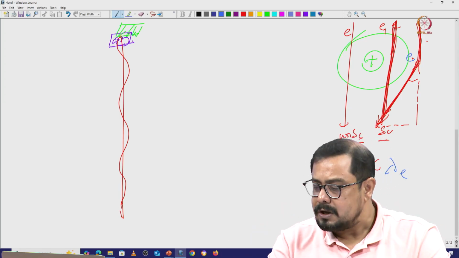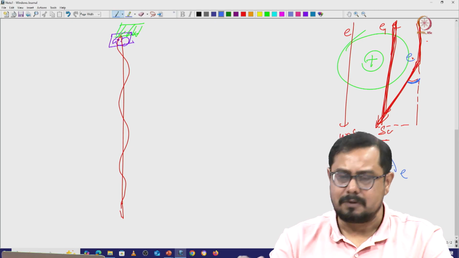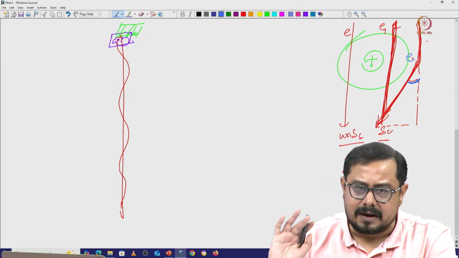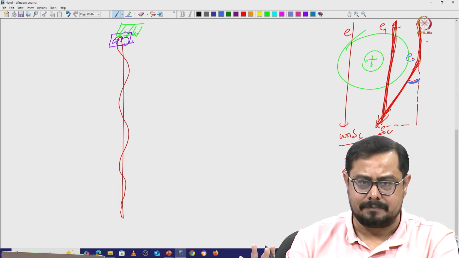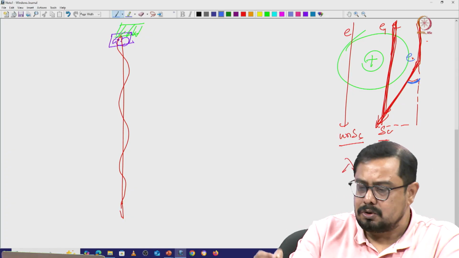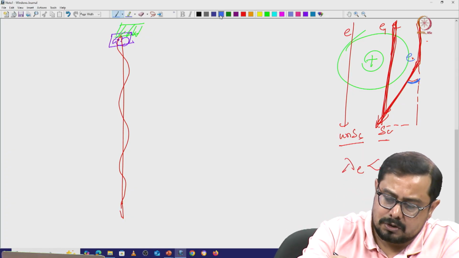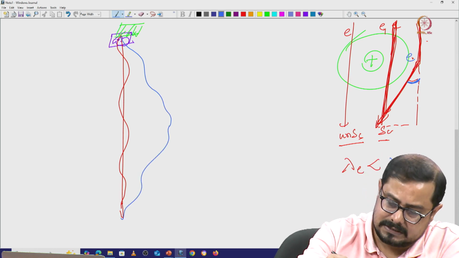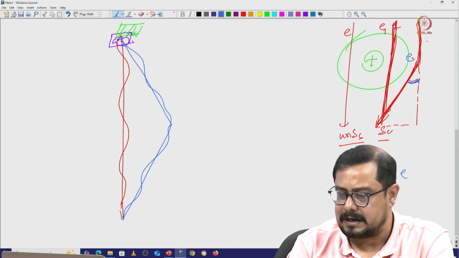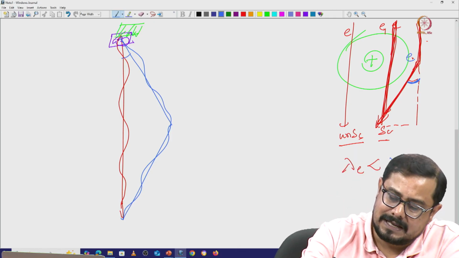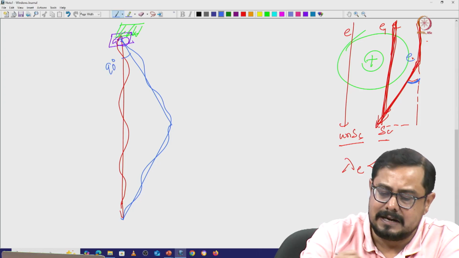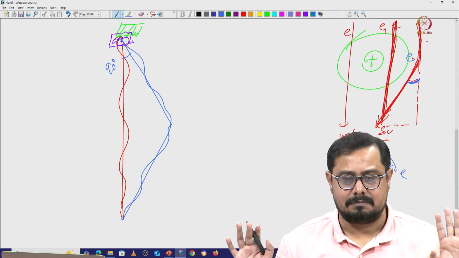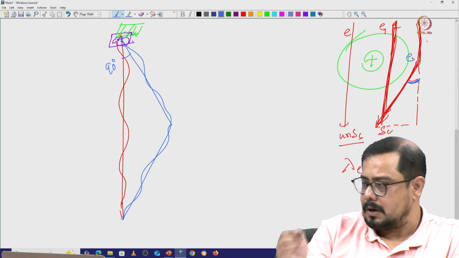So for the scattered electron, there are two changes: one is the angle and one is the path length. When you draw this diagram, for now consider that all the scattering angles are the same and there is a path length difference. So there is a second wave, going like that, and then coming and merging somewhere here. Assume a scattering angle of 90 degrees and a path length difference; that will help you understand the entire system.